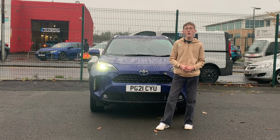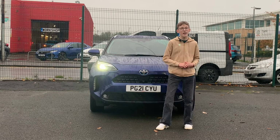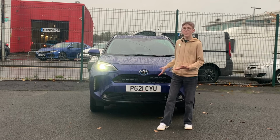Going all the way up over £28,000 is quite an expensive car for this size, and you could get something in the next category like the Nissan Qashqai or even Volkswagen Tiguan. But I can see the appeal of these small